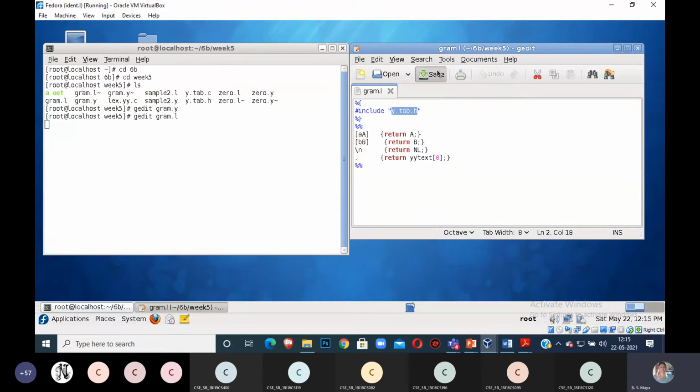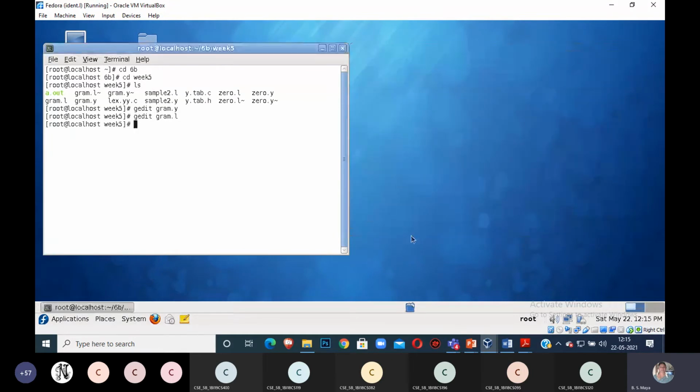Can you tell me the compilation of the program? What is the command? I have to compile the Yacc program: yacc -d gram.y. I am compiling the Yacc program using the compiler named yacc.